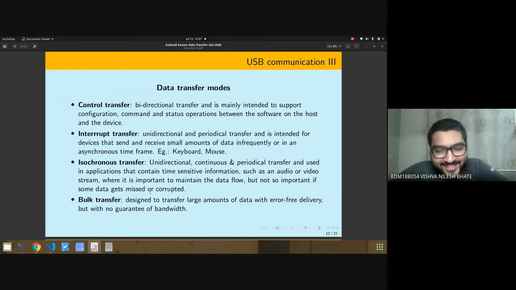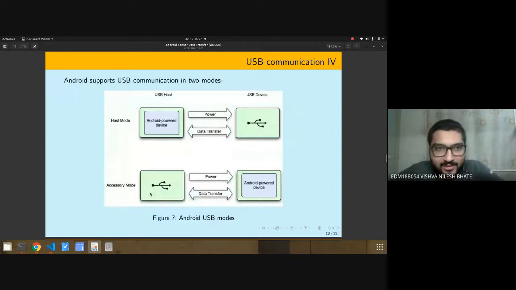Sure. So that is basically the USB communication which I explained. Now I'll talk about how Android supports USB communication and how the Android USB APIs work. As I said, there is USB host and there is USB device. This is a very good picture which shows the difference between both the modes. In host mode, you have your Android device and some other device which you connect to it.